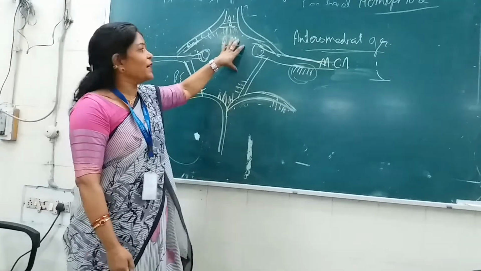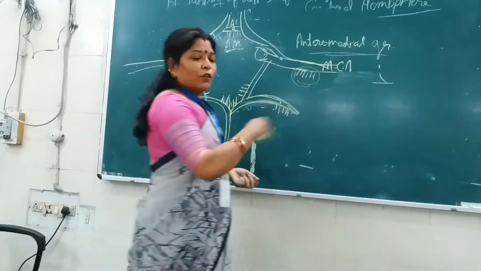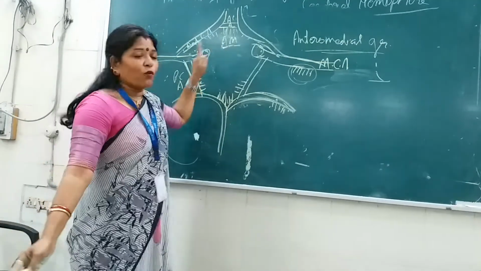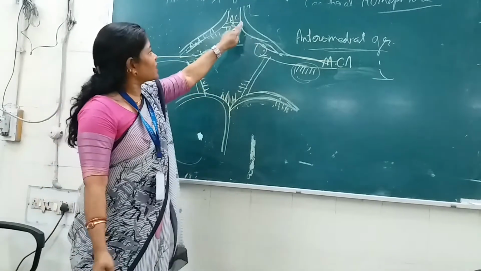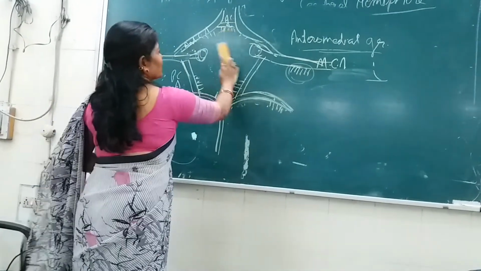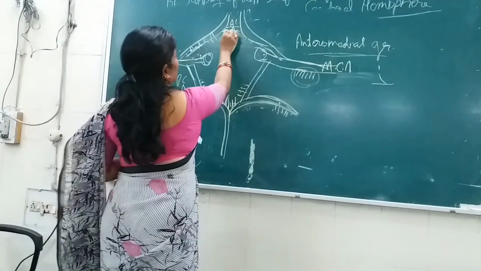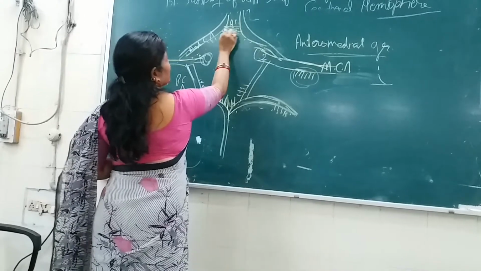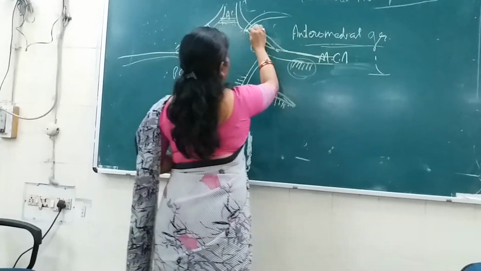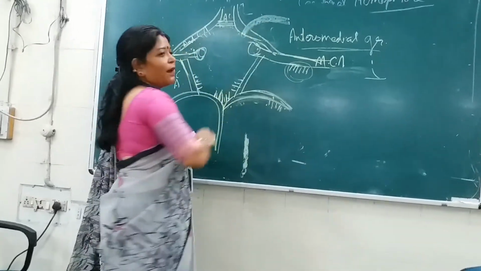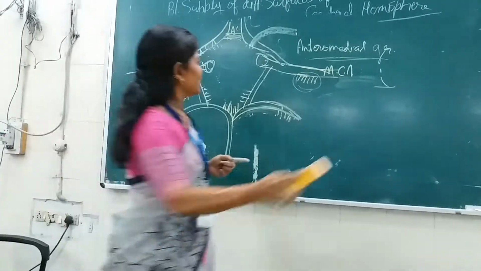And a very special nomenclature of the anteromedial group: it is known as the recurrent artery of Heubner. Forget the rest of anteromedial; the one artery you have to remember is the central branch of the anterior cerebral artery known as the recurrent artery of Heubner. Before anastomosing with the anterior communicating artery, there is an artery arising from the anterior cerebral artery, which is known as what? Recurrent artery of Heubner.